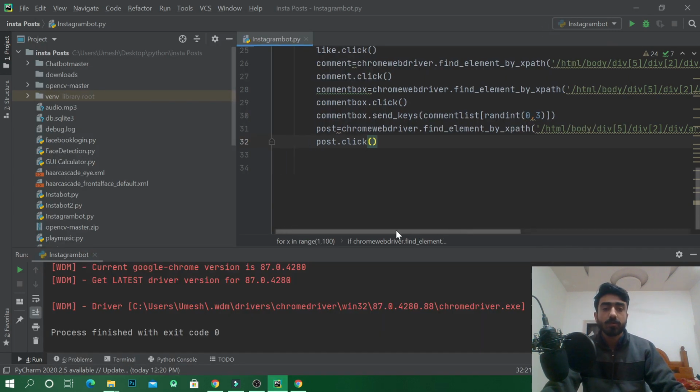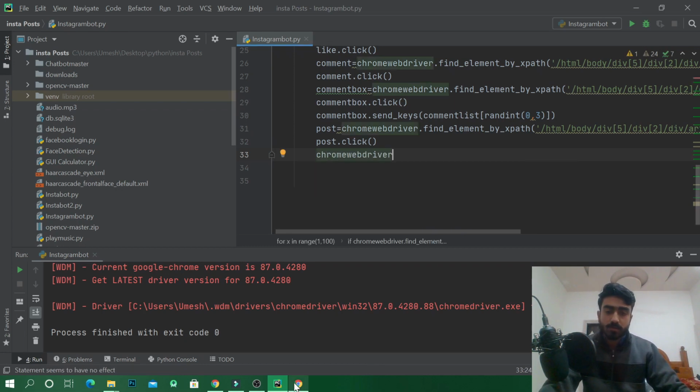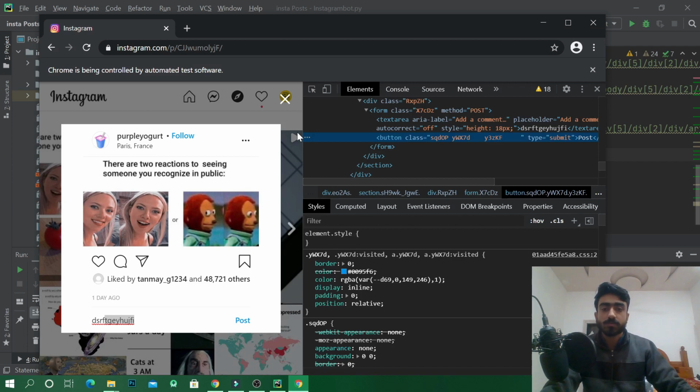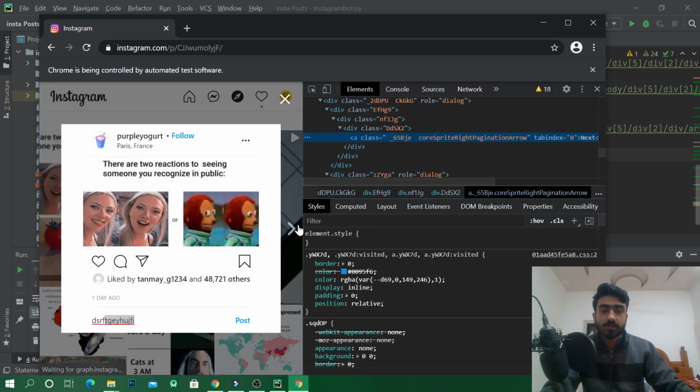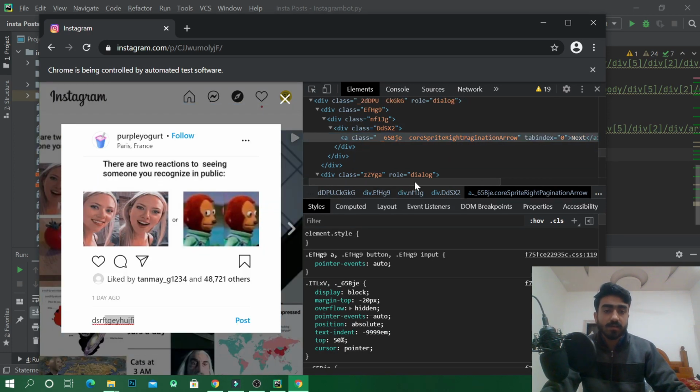So how will we go to the next post? We will click on this button, right? So what is this button? This is an anchor tag with the text next written in it.